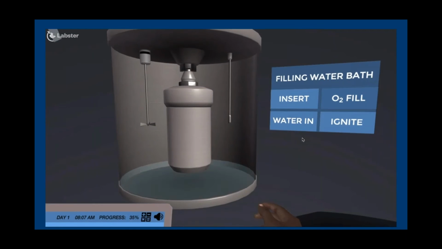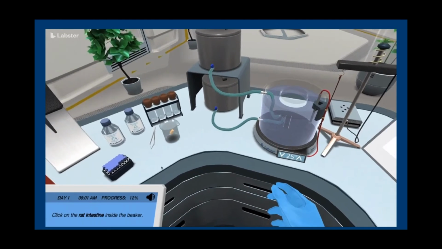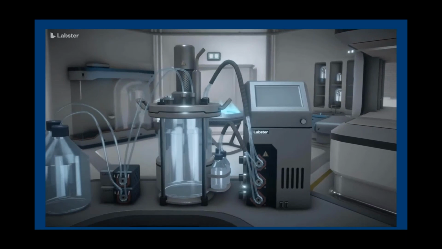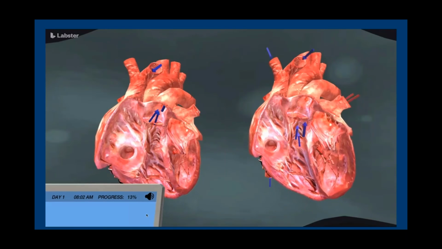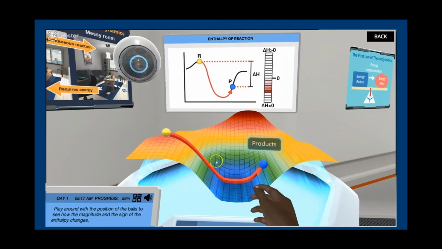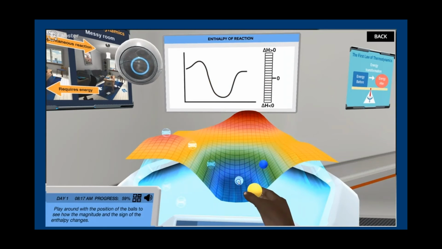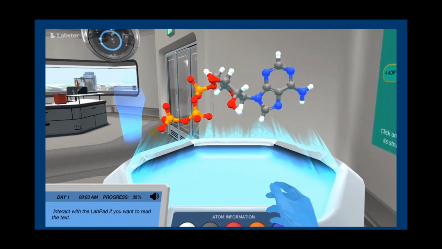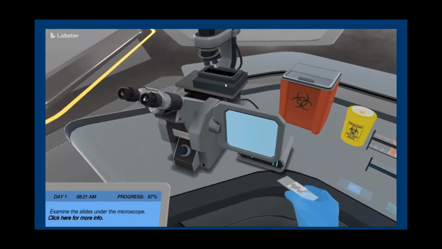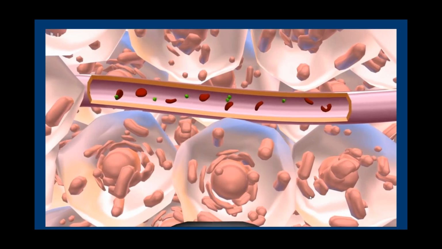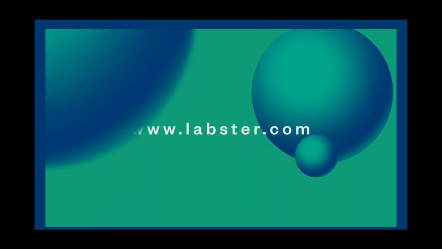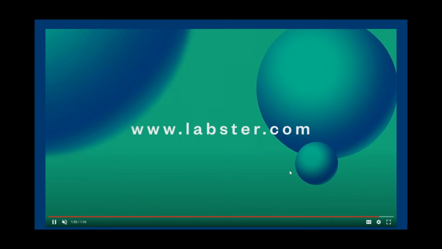Multiple choice questions are graded, and those grades are automatically integrated into your learning management system. You also get data on student performance with respect to how much time they spend on questions and how much time they spend looking at theory prior to answering questions. And this data-driven approach allows you to be very strategic in where knowledge gaps are and addressing them. In terms of interacting with the lab space, we're just pointing and clicking and navigating around that way. Hopefully that short video gives you an initial idea about the experience we're providing to students.